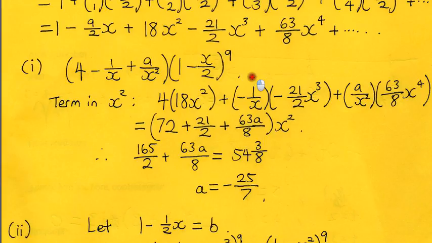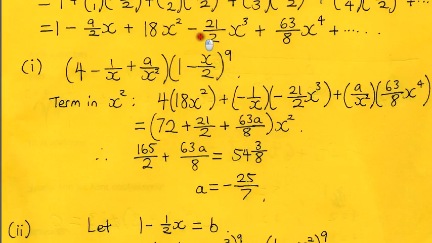Now, find the value of a given that the coefficient of x squared in the expansion of (4 - 1/x + a/x squared) multiplied by (1 - x/2) to the power of 9 is 54 and 3/8. Now, we've already worked out the value of (1 - x/2) to the power of 9 to the first 5 terms. Hence, for the term in x squared, we simply extract those terms which help us to get the